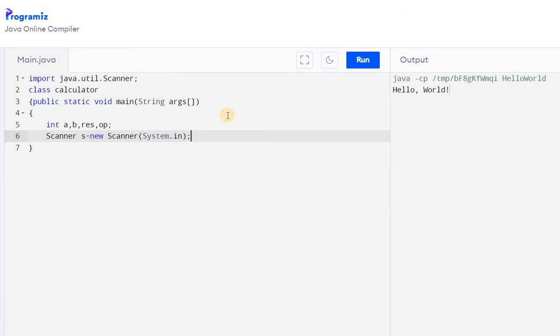Next, the first step we are going to do here is write the menu. What are the different menu options? That is the option which we are going to do first. So let's write the menu.